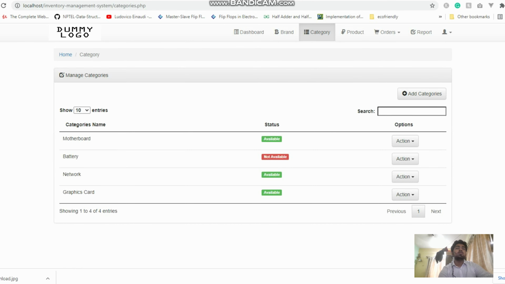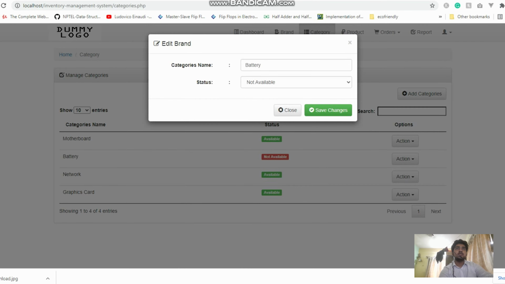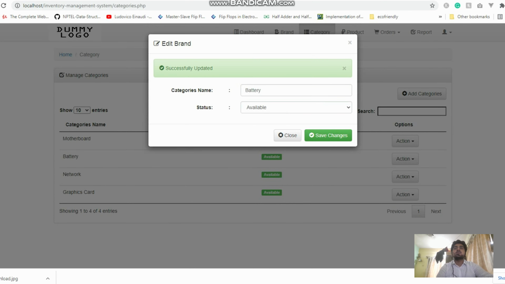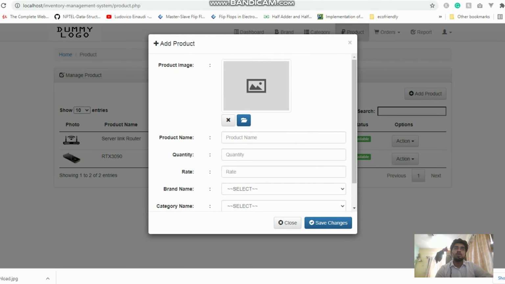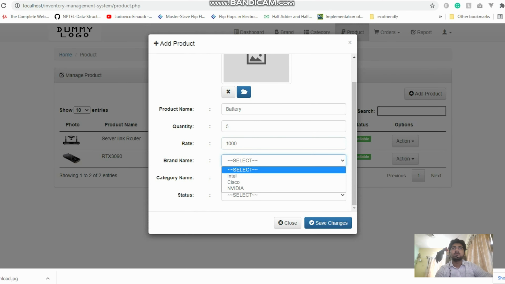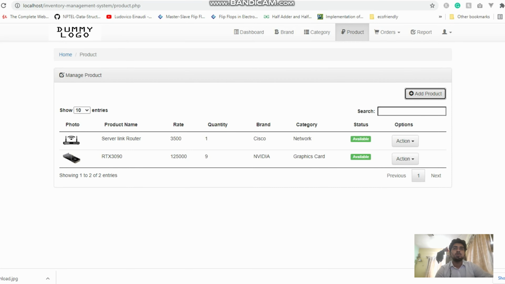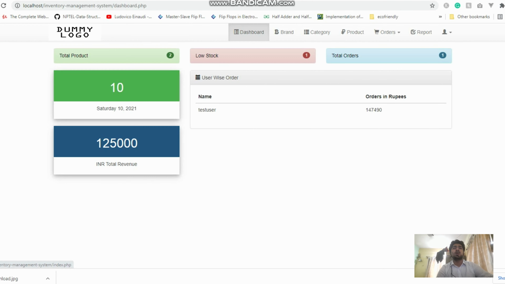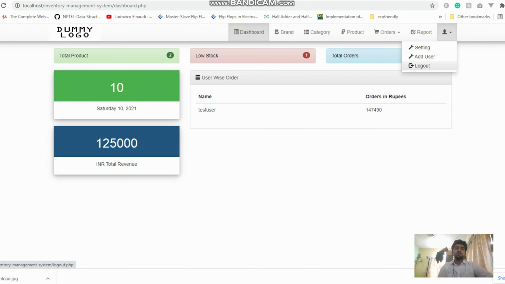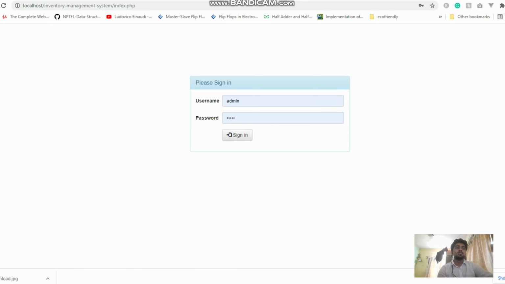Okay, so all of these things have been added, keeping in mind every aspect of the user as well as the store manager, and the entire thing has been automated. So you don't need to have another person who will be responsible for bookkeeping or accounts keeping. You can just have this one software running at a very low hardware cost. Any basic PC, even Raspberry Pi PCs that come around 5,000 to 6,000 rupees, even those will be able to handle this.